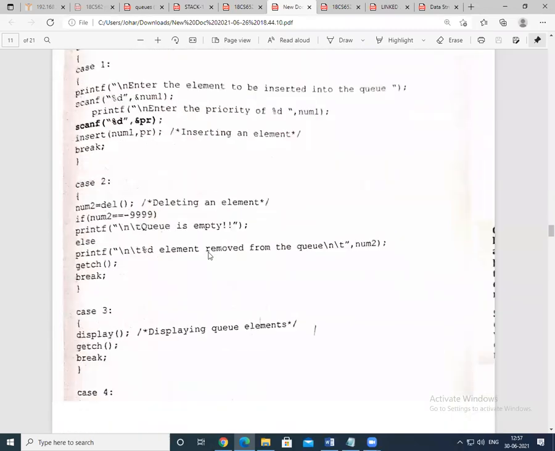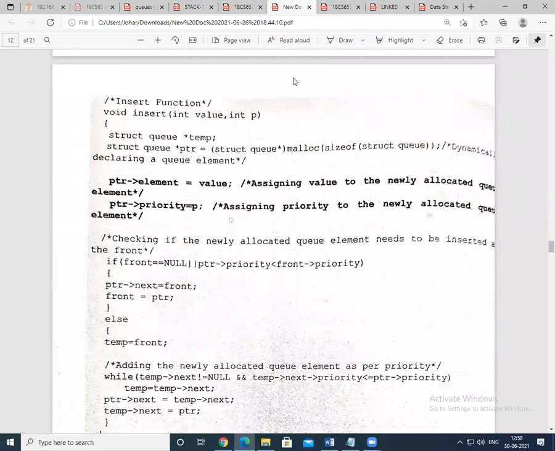You might find this program difficult, so I don't want to go further. See, ptr of element, ptr is priority, checking if the newly inserted element needs to be inserted at the front. You simply go on inserting. If the priority mismatches, you perform a swap over here.